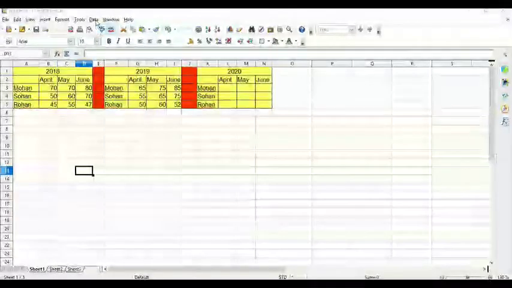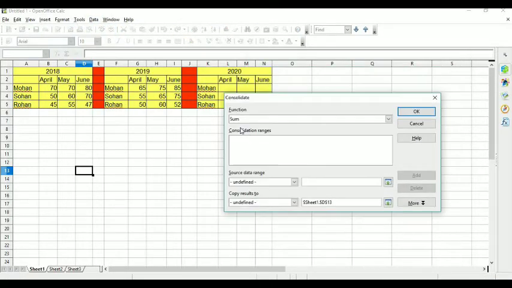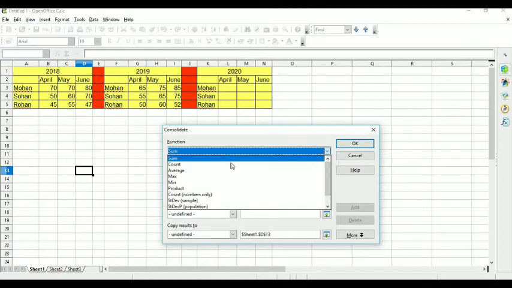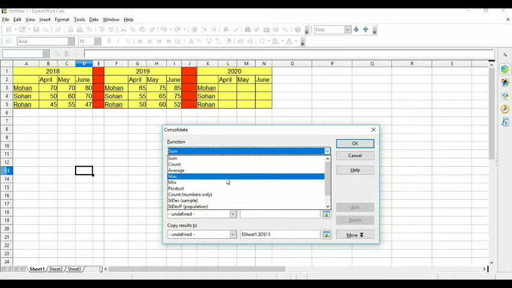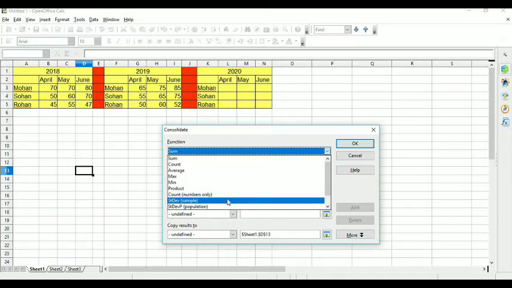For consolidate data, go to the data tab and a list of options will appear. From there you have to select consolidate. Once you click on consolidate, you will get a consolidate dialog box. In the function category, there are lots of functions like sum, count, average, max, min, product, count numbers, stdev for sample, stdevp for population.